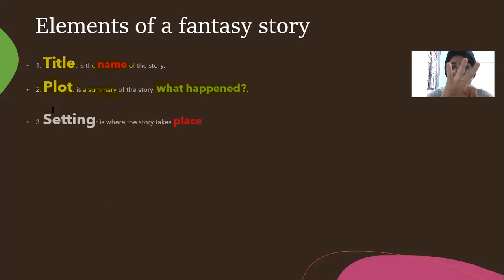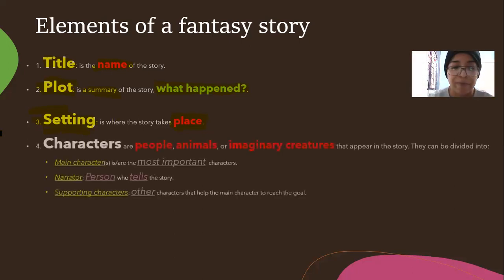Okay, number 3, setting. Si han escuchado que en las películas, cuando se refieren a hacer una película, mencionan mucho la palabra set. Bueno, un set is where the story takes place. Setting, it's the place. Recuerden que ya hemos visto esta palabra en muchos temas que hemos visto anteriormente. Place, remember? A place is the setting. The setting is the place where it takes place. Where it happens. Donde sucede la acción. Okay, it's the place. Setting, it's the place of the action. Okay, then